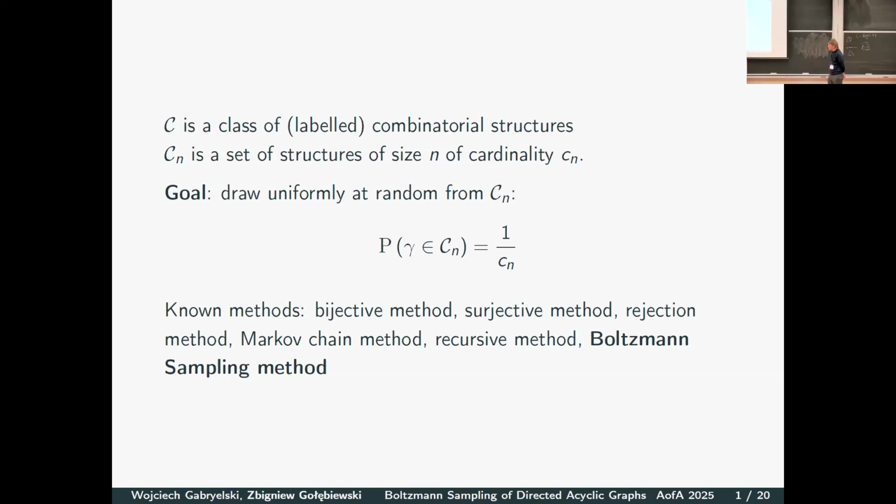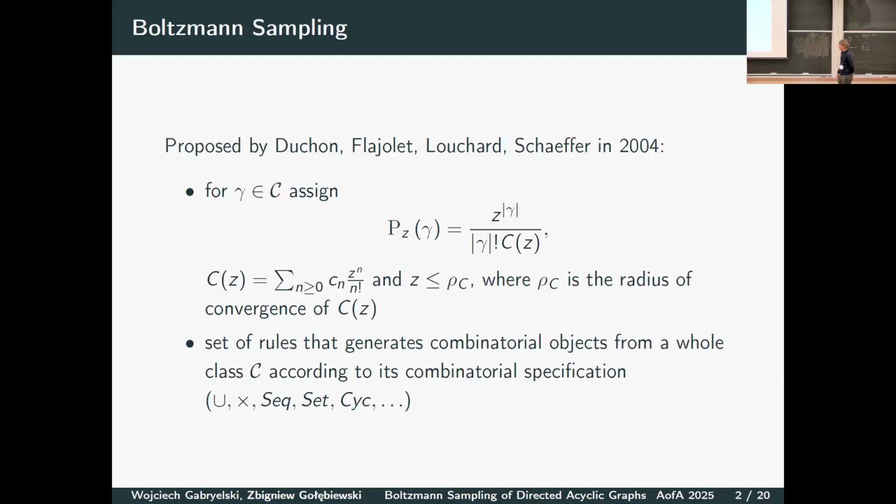There is the Markov chain method, in which you start with some initial configuration of your structure and then do some steps in a Markovian way to end up with a uniform distribution on the structure. There is the recursive method, which usually needs some kind of decomposition and some recurrence on the structure to be exploited. And there is also the Boltzmann sampling method. So Boltzmann sampling was proposed by Duchon, Flajolet, Louchard, and Schaeffer in 2004, and it is based on the so-called